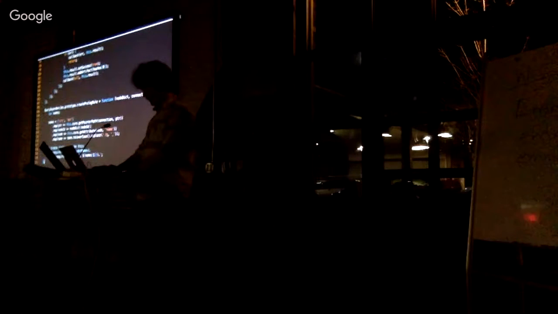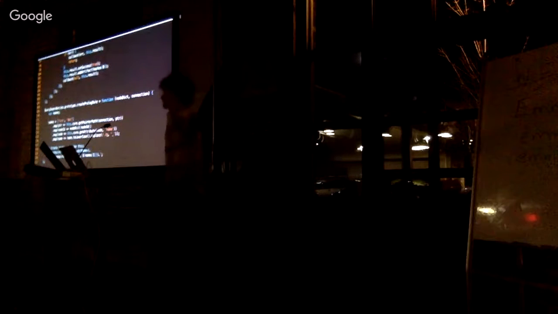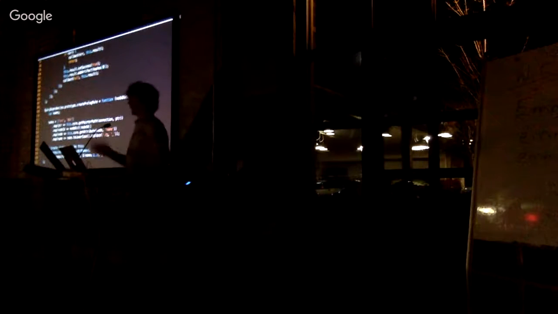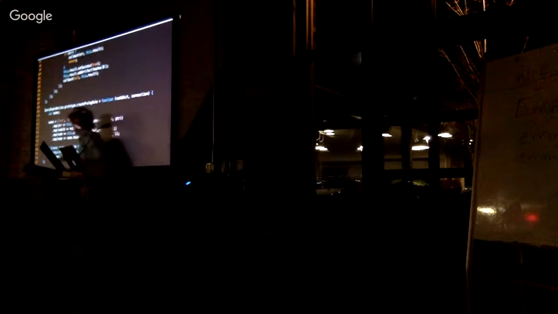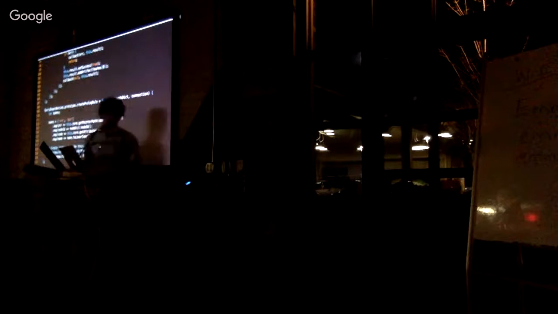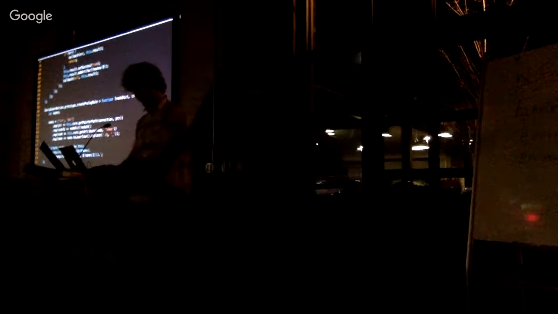And then I use some fun ES6 stuff. It has some pretty nice features. Anyway, sorry. Here I create this requires statement, basically a string template, or string interpolation really, where I add the source name and the destination name into this requires string. I do this for each of the connections.